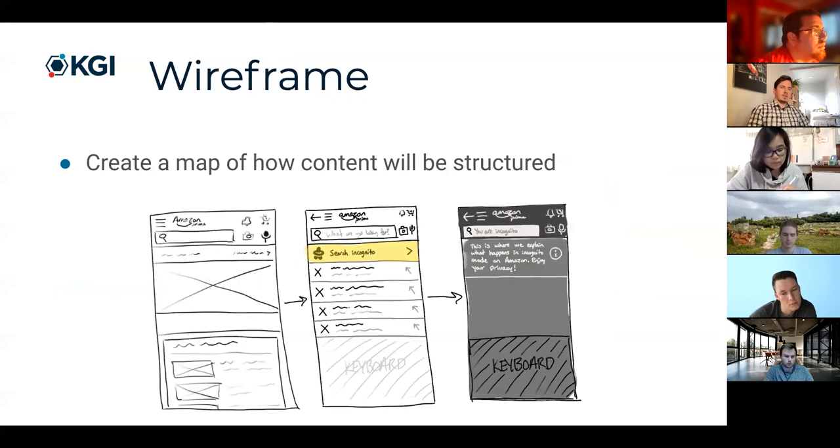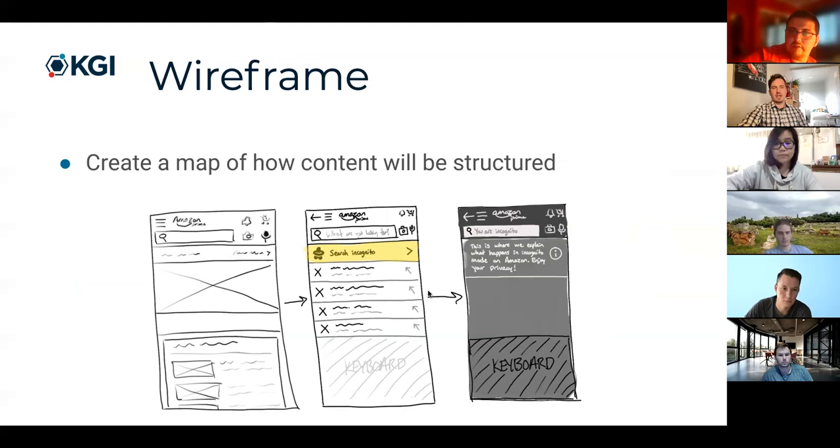So wireframe, you all saw this in the last lecture and you all have been creating these. What you all have sent me looks a lot like this, which is pretty cool. And this is just the structure of the content. So it's the best way really to show how a feature is going to work, because oftentimes when I'm thinking